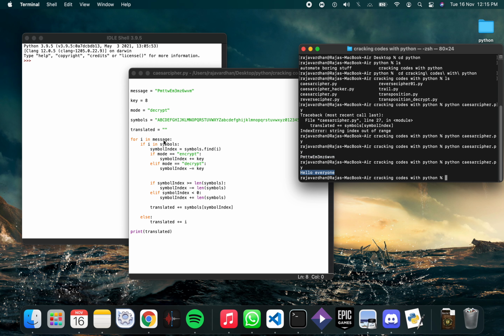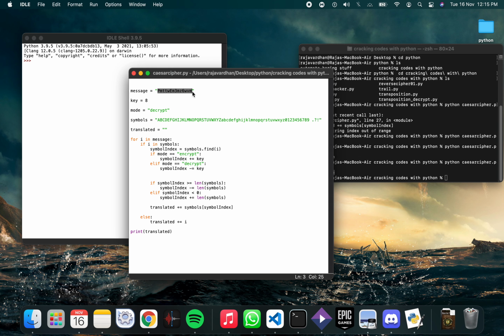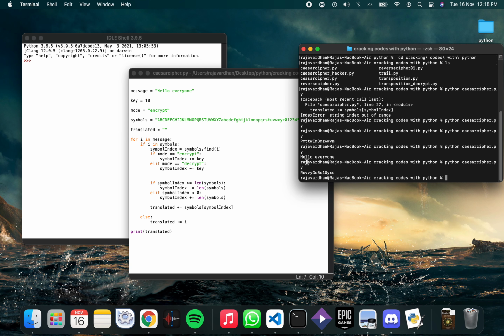Let's try it again with changing the key value. Let's change it to 10 and let's encrypt it. Here you can see after changing the key, the encrypted message is changed, right? With key number 8, the message is some PMTT, and after changing it to 10, it is ROV something something.